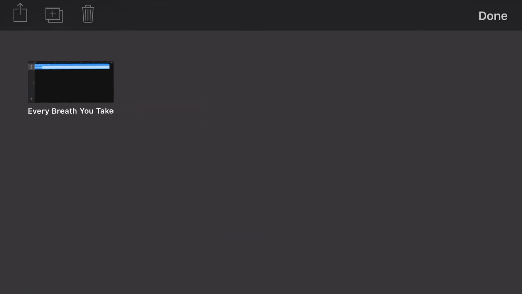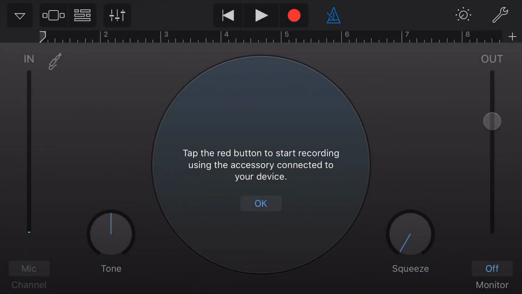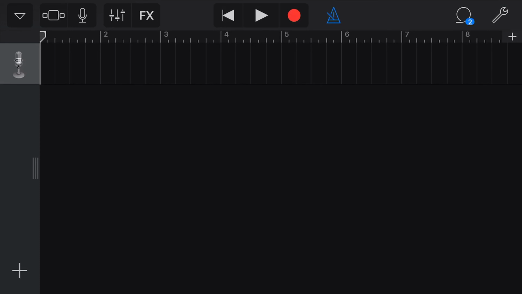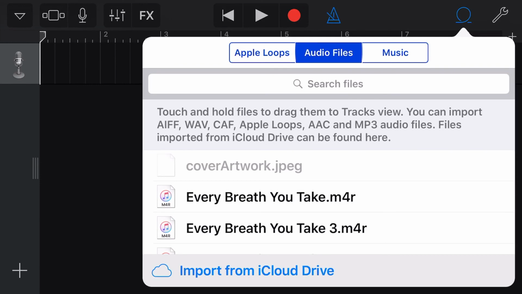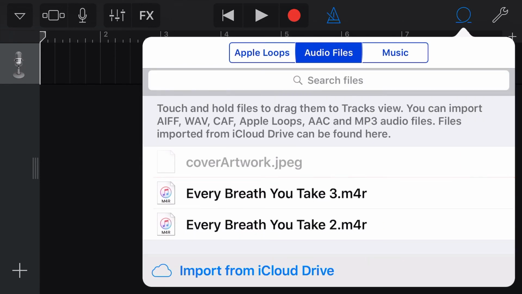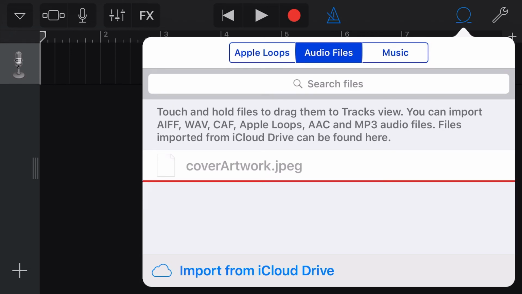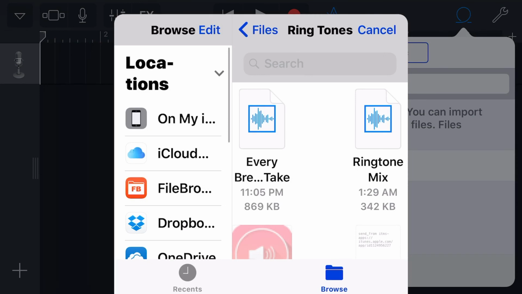Now there's also another one I like. So let's go over this again. Click plus, new song, microphone. 1, 2, 3 icons from the left top. Converts to a microphone. Two from the top right, little loop. Grab that loop. Do we need these anymore? No, we don't. I could delete these under the Files app too, by the way, but it's easier to do here. Import from iCloud,